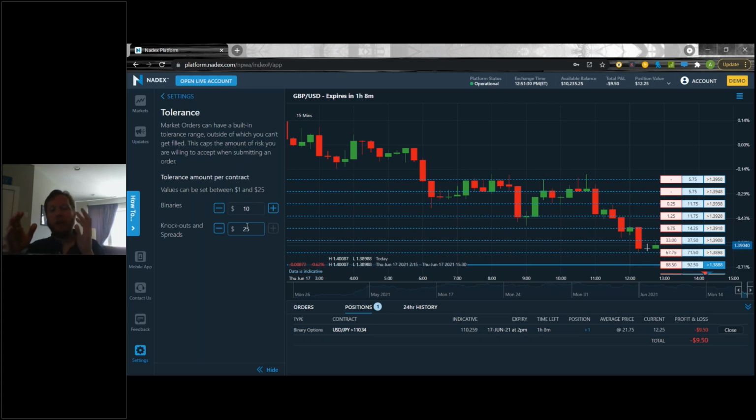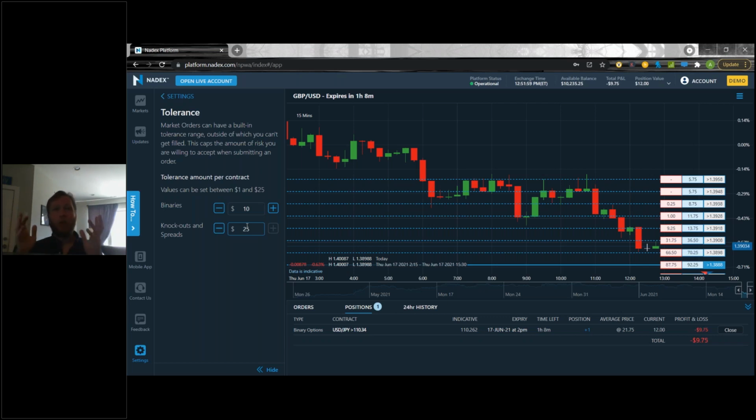Because our 5-minute binary can move back and forth so fast, we have this tolerance range built in. If I try to get in at 40 with a market order, and let's say I was on any other exchange, but this changes to 10 by the time the order actually gets filled, right? That's like 100th of a second before the order gets filled. Well, you'll actually get filled at 10 on most other exchanges. We realize because our markets move so fast that might not be a good experience.